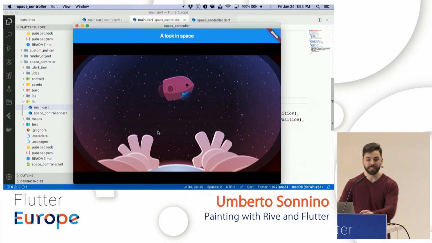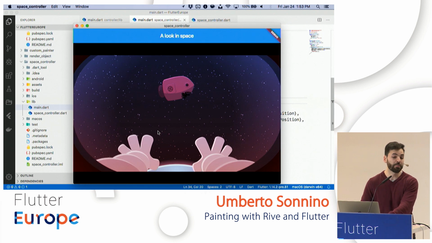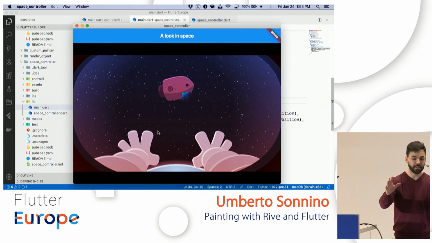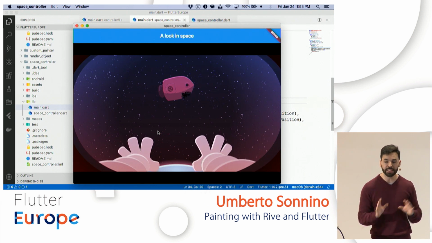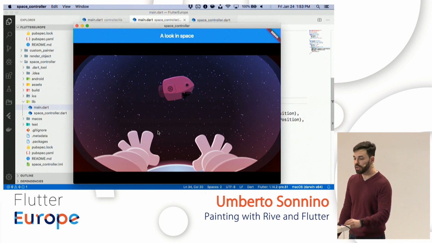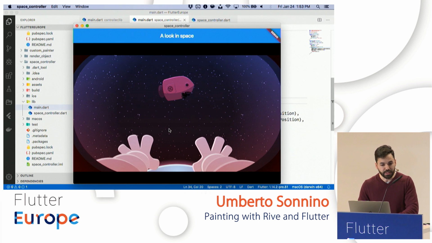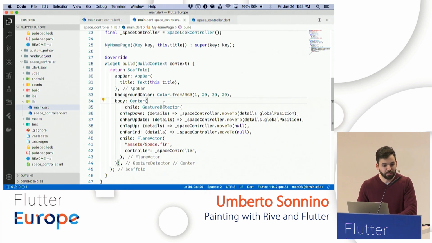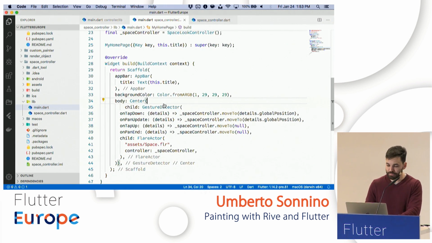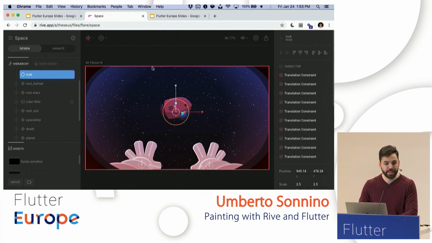And as you can see, the representation of the Flare file is exactly the same as the one you saw in the editor. And so this is it. This is our walkthrough of the Flare and Rive